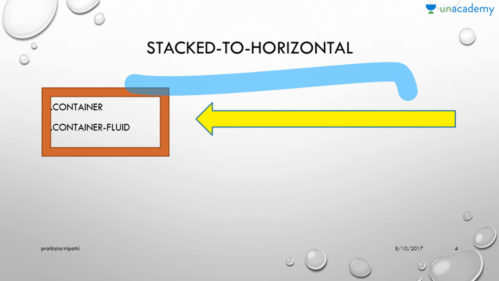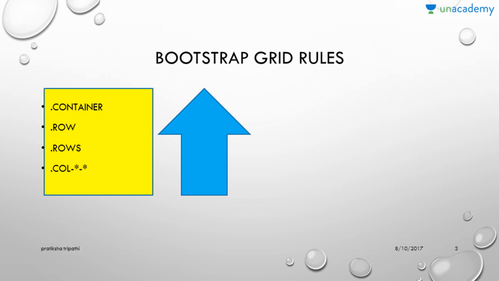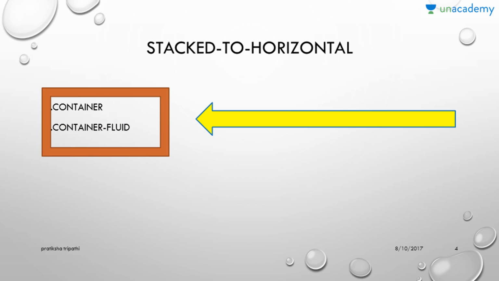Now whenever you are developing this particular program, you have to build a program in dot container class, as we have explained in my earlier class, that it should have dot container. Every row will be placed in dot container class. Same way here also. And what is dot container fluid? You can turn the layout by changing dot container class to container fluid.